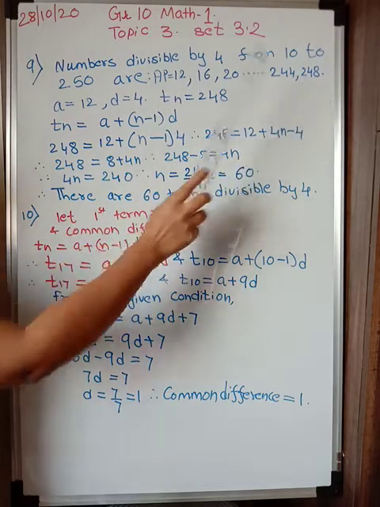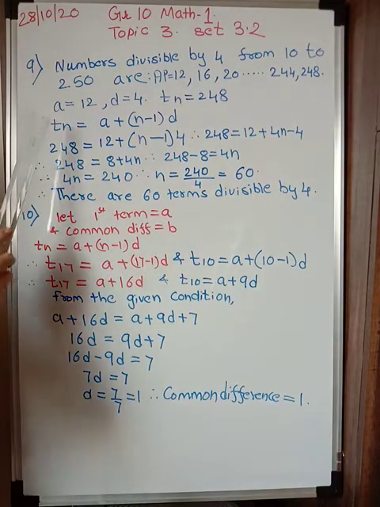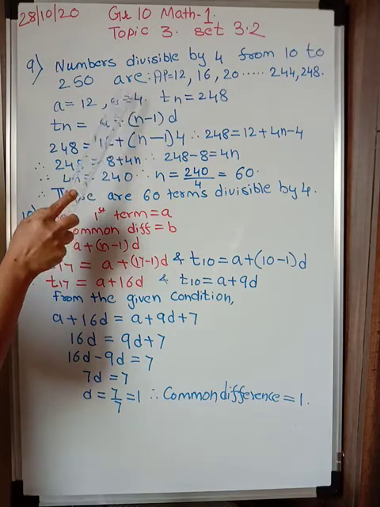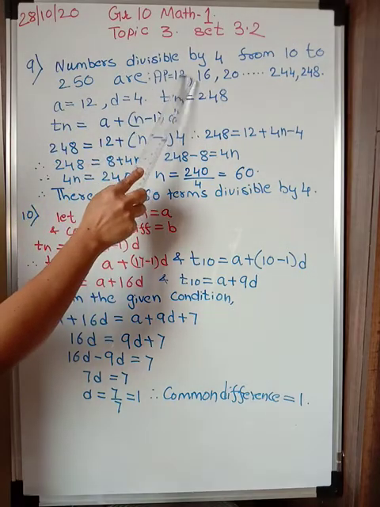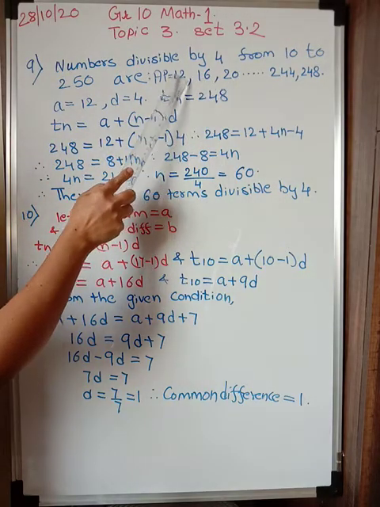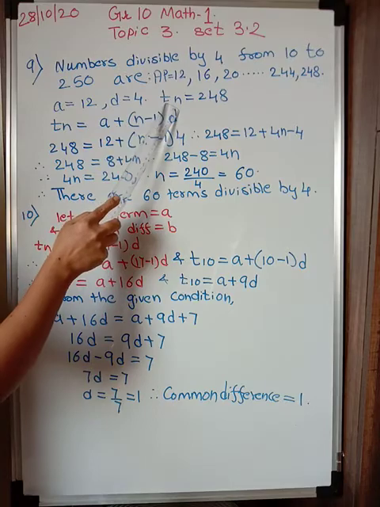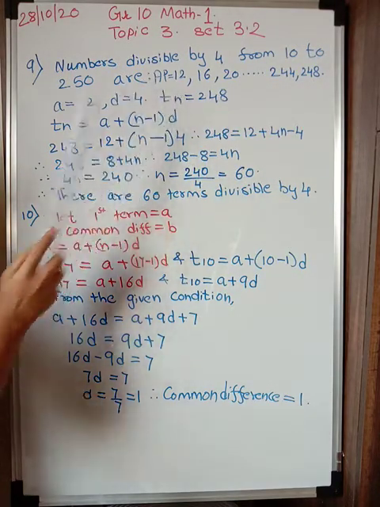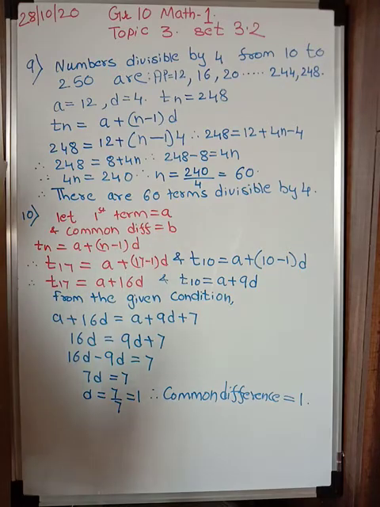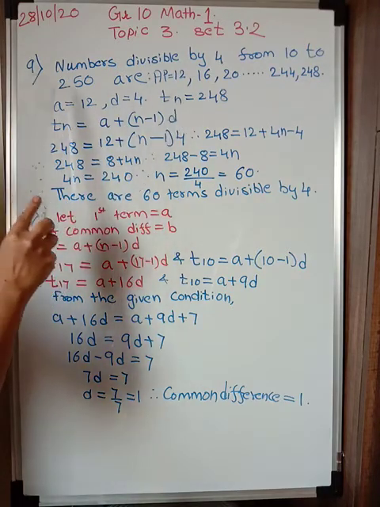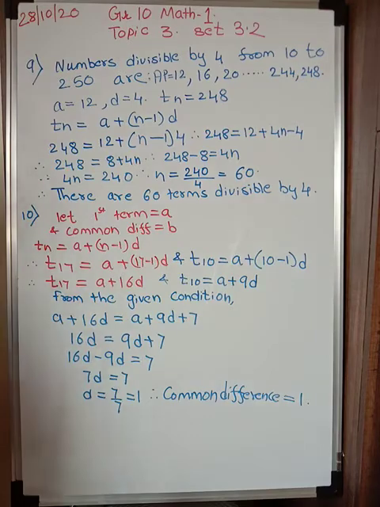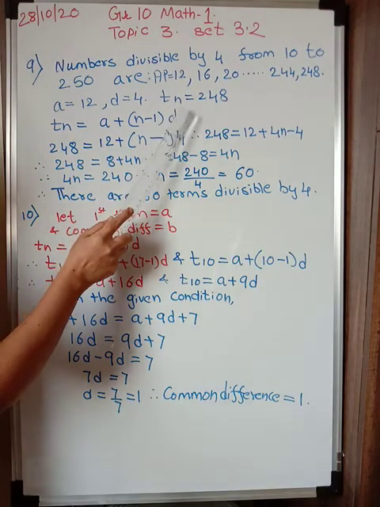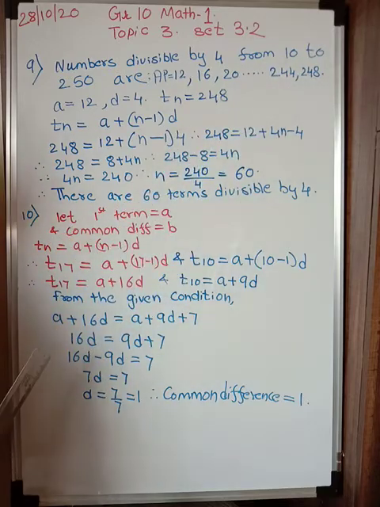This is an AP. Alright. Now A is equal to 12. The difference is 4 because all the terms are divisible by 4, so there will be a gap of 4 everywhere. 16 minus 12 is 4. And Tn, the nth last term, is 248. We have to find n. Alright. How many numbers are there? That means n also indicates how many numbers are there in the AP, if it is at the last position.